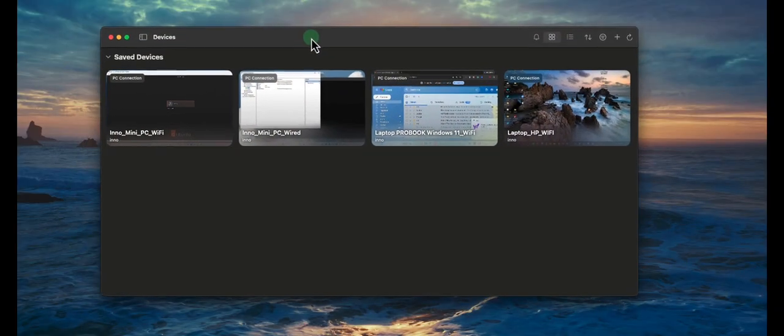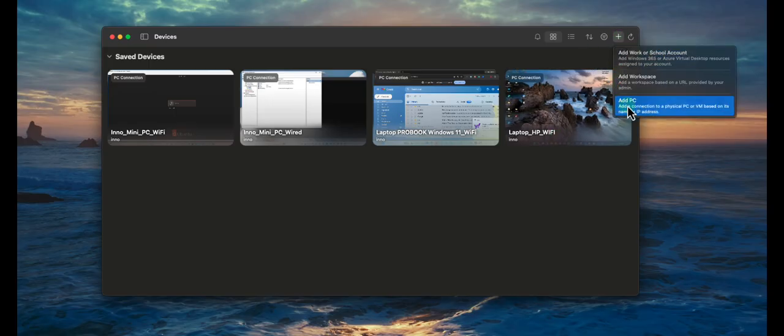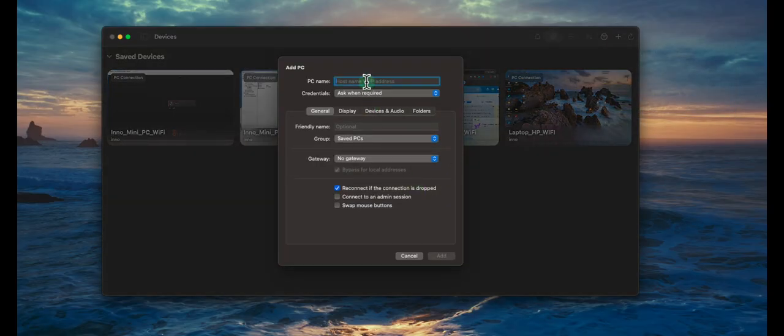So this is what it's going to look like. If it's your first time using it, you're not going to have any devices added. To add a device, top right, click on the plus sign, add PC. Now you have to put the information for that device. So for the Ubuntu Linux, the IP address was